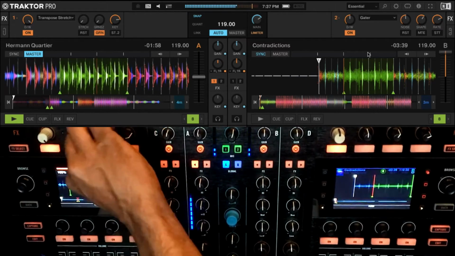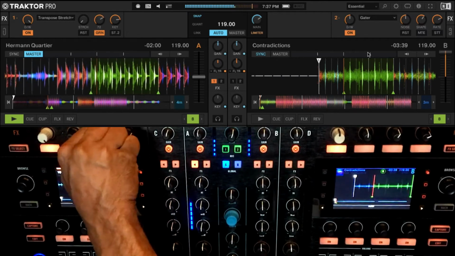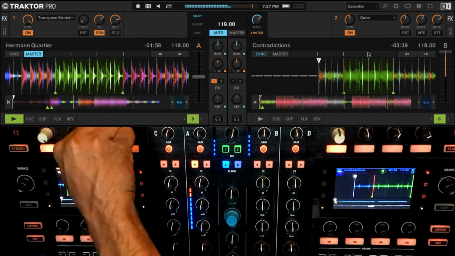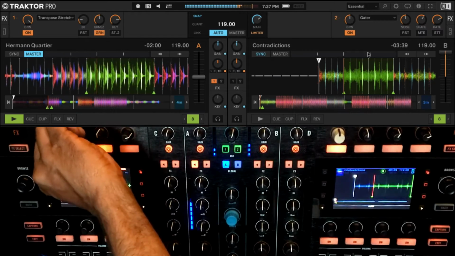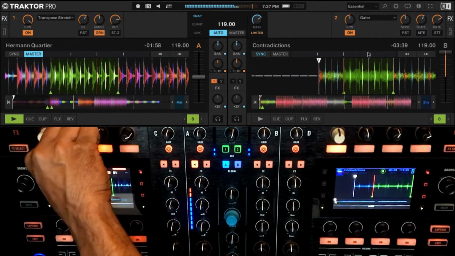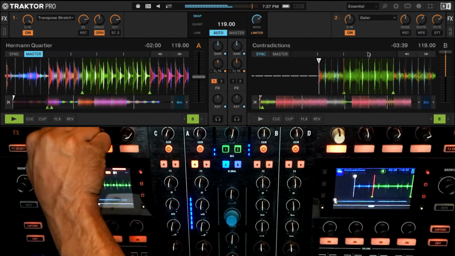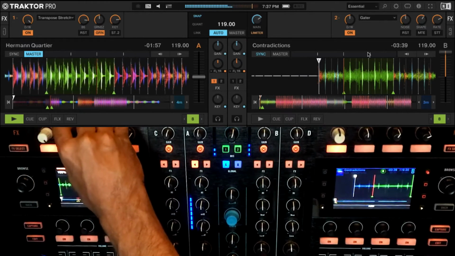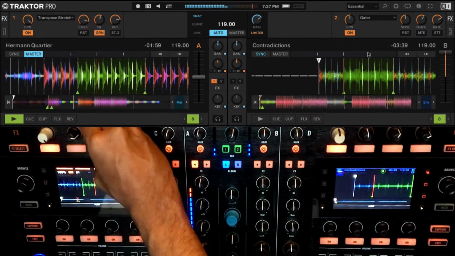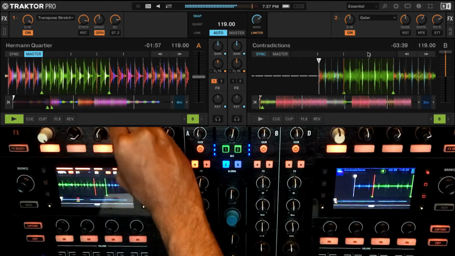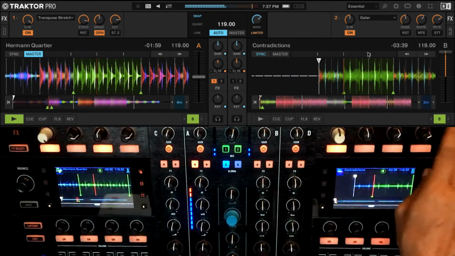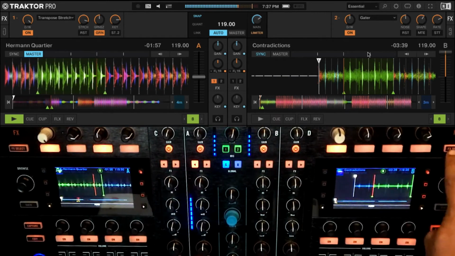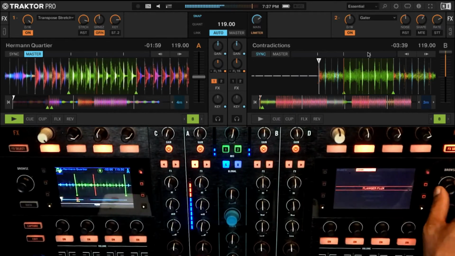We gotta enable this first. And then you can really stretch it up, which is like slowing down the tempo of it. So one of my favorite things to do is to combine this with a filter, something as simple as a filter.